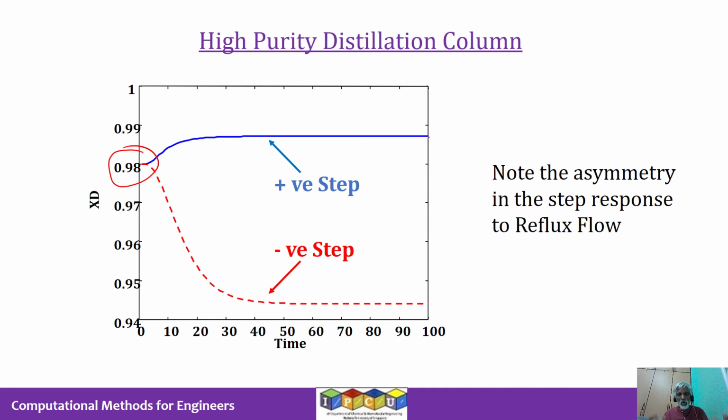So if you do two experiments, one by opening the valve, that means you're allowing more reflux to increase the purity of the product. And if you close the valve, you are decreasing the reflux flow. Let's say, therefore, you are looking for lower purity. You're okay with lower purity of that distillate stream. We are looking at the top stream. Now, for the same amount of valve movement, let's say you close the valve by 1% or open the valve by 1%. So this is what happens when you open the valve by 1% from its current value.